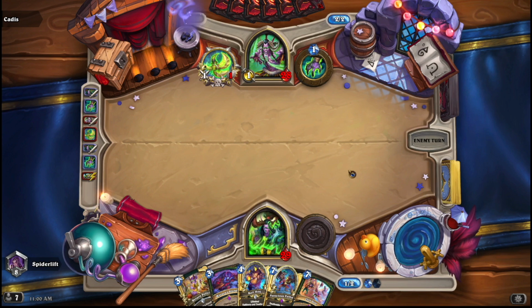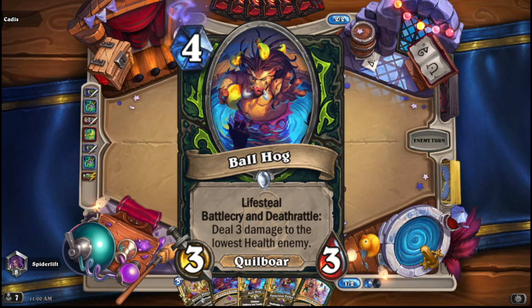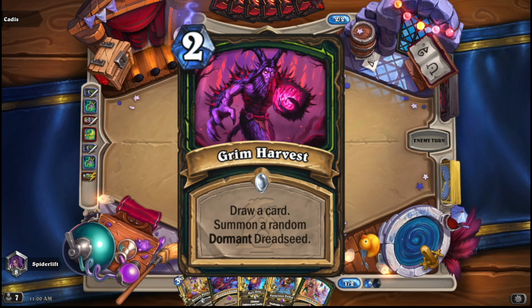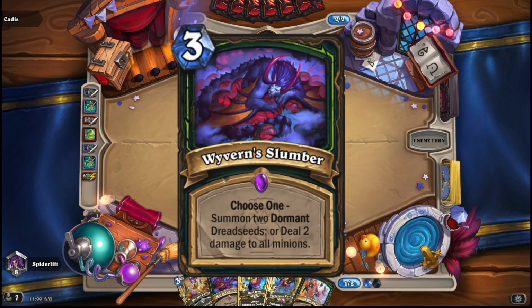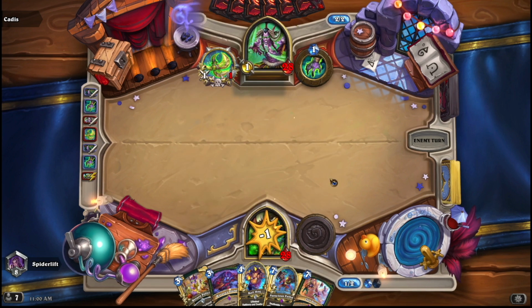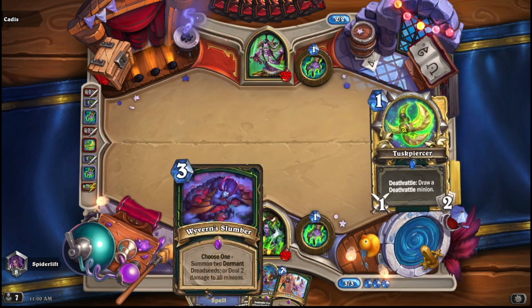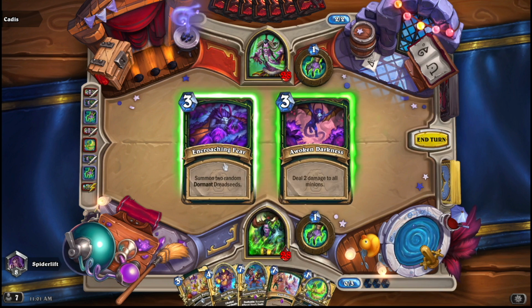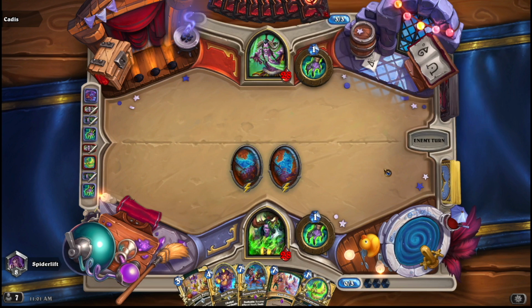And the cards that you're looking for when mulliganing in this deck are Tuskpiercer, the Ball Hog, the Grim Harvest, and you're also looking for the other dormant summoning cards, because that's ultimately what your early game is going to be able to summon into the deck, and then that's how you end up getting your aggressive board. In general, Ball Hog is a card that you pretty much always will play on turn 4 without any question, because of the fact that it is so powerful, and it does set you up for your other different cards